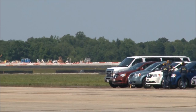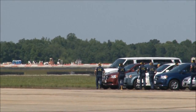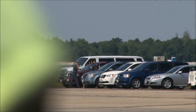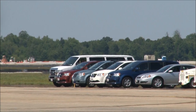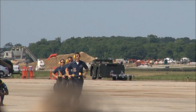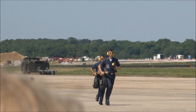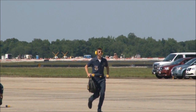Angels taxi in tight formation, just as you will see them perform here this afternoon. This degree of precision has become a trademark of the Blue Angels since first established 66 years ago. 16 officers and 100 enlisted personnel comprise the Navy Flight Demonstration Squadron. 4 of the demonstration pilots fly in a tight diamond formation, while 2 fly as solos, the maximum performance demonstrators. Once again, I'm Lieutenant Mark Tedrow from Charleroi, Pennsylvania, Blue Angel number 7 and the narrator for the flight demonstration,